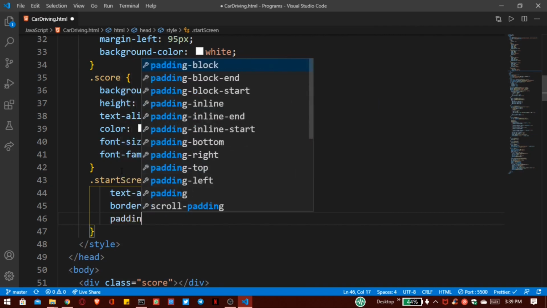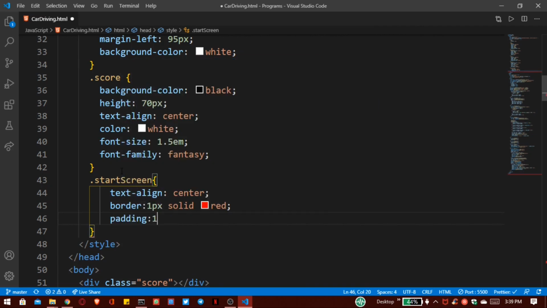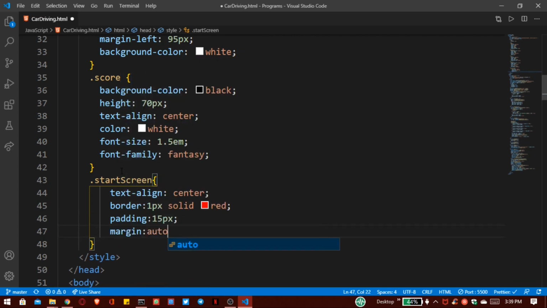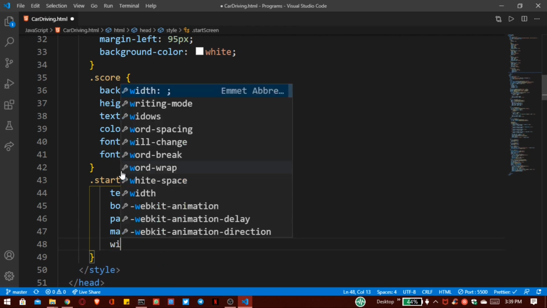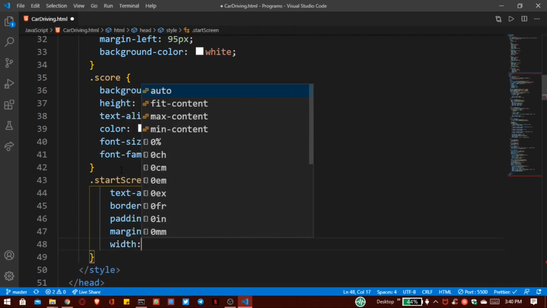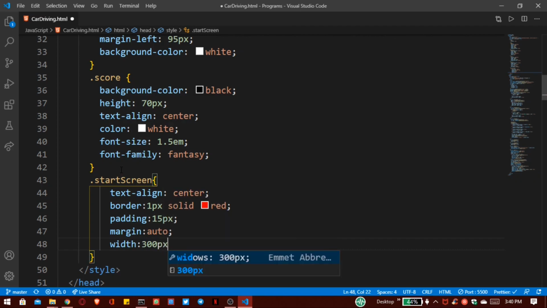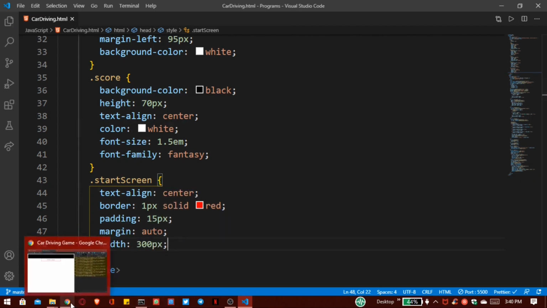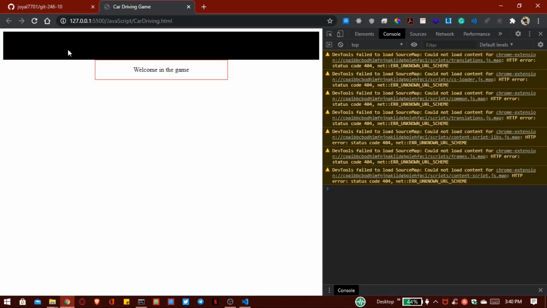Then padding, so we can get distance, 15 pixels. Margin is going to be auto. Width is 300. Now save this. Here we can see the nice start screen, welcome to the game.